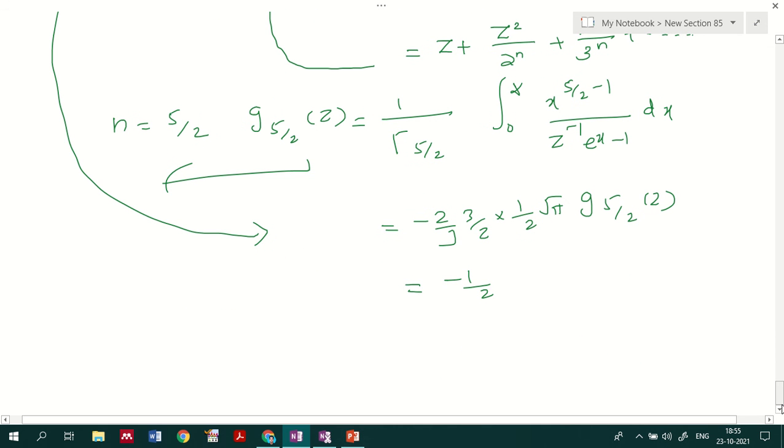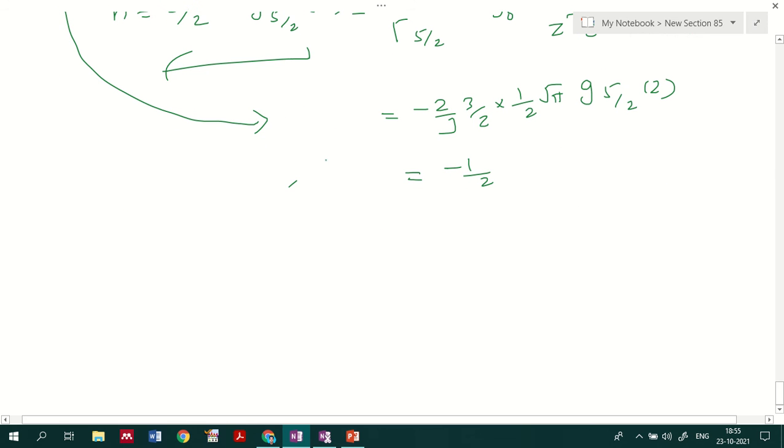So if you're taking the gamma 5 by 2 representation like that, minus 2 by 3 into 3 by 2, so this is 2 by 3. Okay, so this is minus 2 by 3 into 3 by 2 into 1 by 2 root pi g 5 by 2 of z, then that is equal to minus 2 into pi g raised to 5 by 2 of z. So like you will be getting the value, and this p by kt, so it all came from the p by kt representation, no? So we need to evaluate the integral.